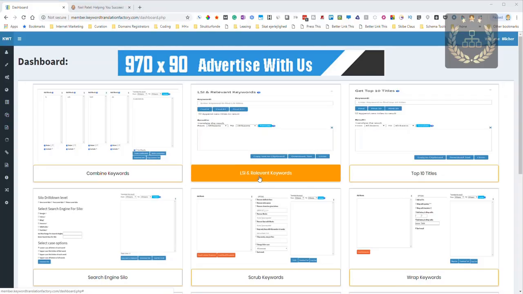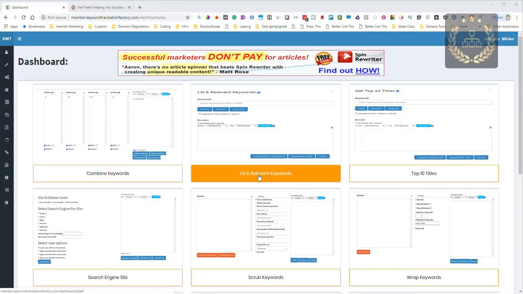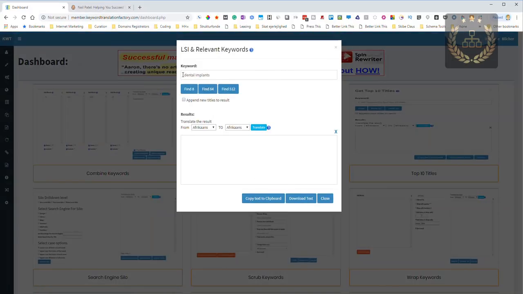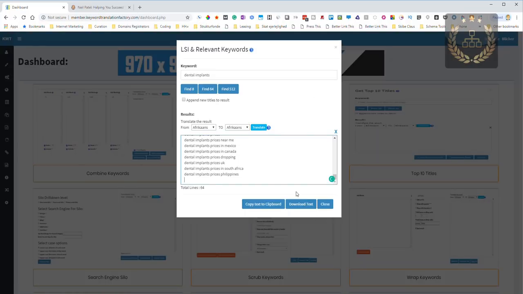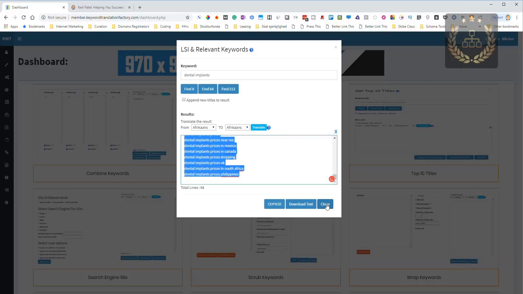So the first thing I will do is go into LSI, relevant keywords, and my keyword that I'm trying to search for is dental implants. I can choose to look for just 64 or 512. 512 will return the largest amount of potential keywords. So for this demonstration I get 64. You see down here I have 64, so I copy that text into my clipboard, I close it,